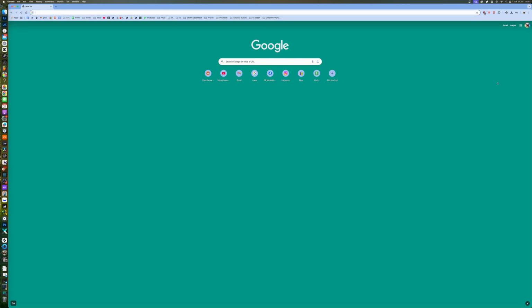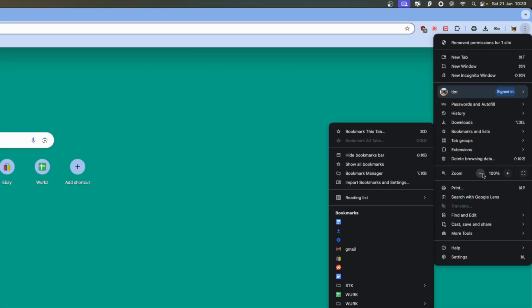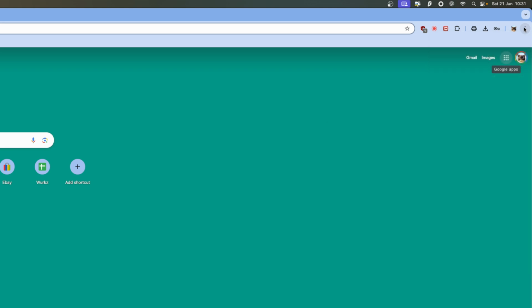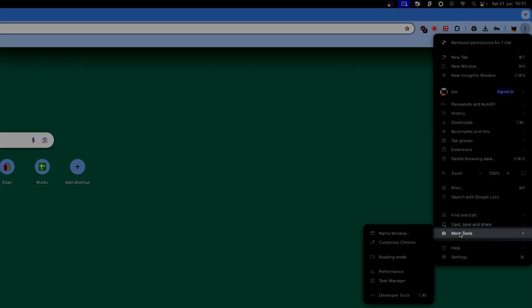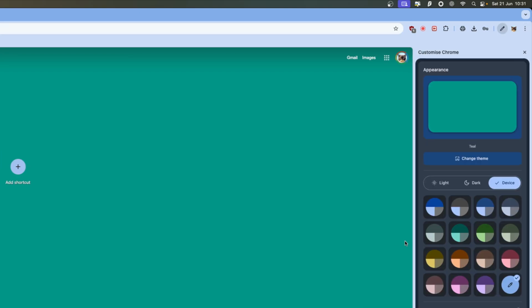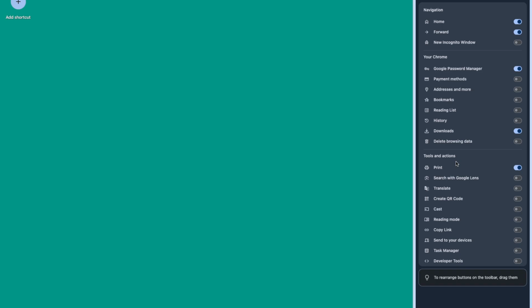So I just wanted to show a quick video about customizing Chrome. So if I zoom in and look at the top right here, where the cursor is, there are three dots. So the three dots is basically the menu. So if we go to more tools and then customize Chrome, and then scroll down a bit to toolbar, we've